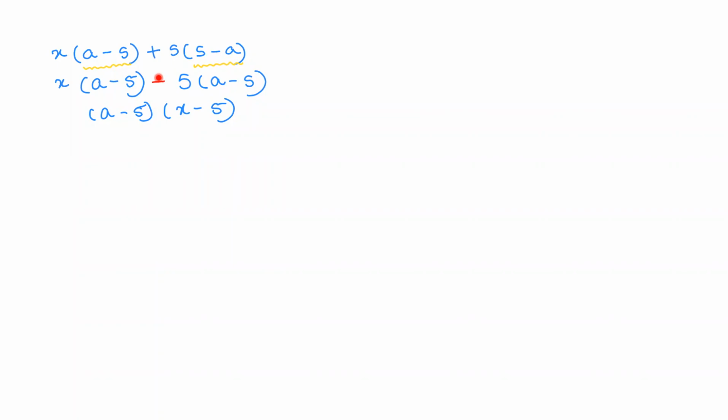And then you take this 5 common. Let's try one more. Okay, how about this one? See, how many of you can give me an idea on this question? (2a minus b) the whole squared minus 10a plus 5b. We have to factorize this. Tell me, what do we do about it?